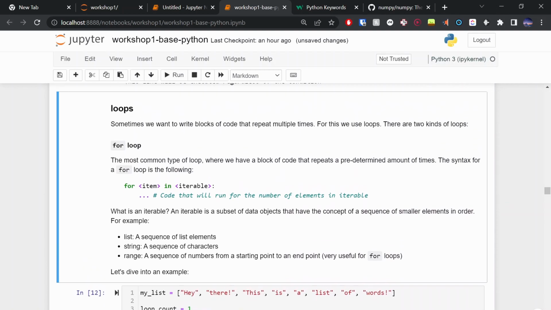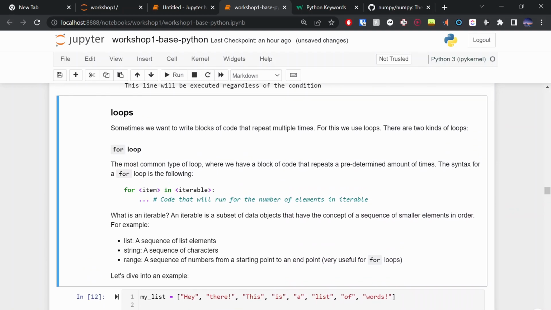So to do that, there's two different types of loops we can use. We can use a for loop. This is the most common form of loop, where we have a block of code that repeats a predetermined amount of times. This basically means at the beginning of a loop, we know how many times it's going to execute, right? Like in the example of the files in the folder, we look in that folder and we're like, oh, there's 1,000 files there. I guess we're going to rename 1,000 files. And then you start the loop. There's also a while loop, which we'll cover just now, which is when we don't know how many times we want to execute that loop.